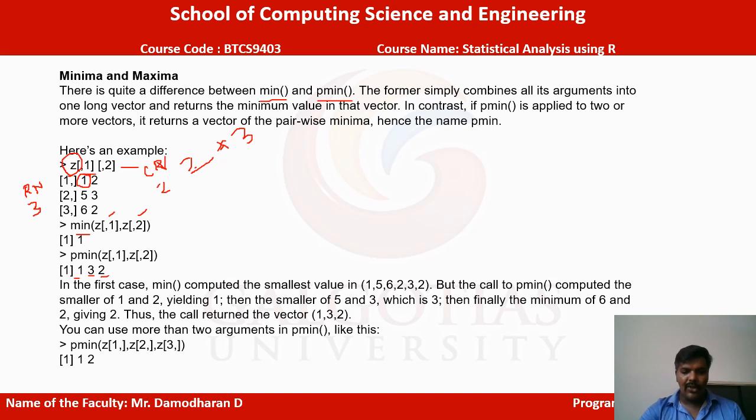Okay, so here is a brief description. The values are 1 5 6 2 3 2, and these values are loaded in this array. When we call p minimum, it computes the smallest one: 1 and 2 yield 1, and the second smallest value is 5 and 3. So first take these two values, then the second two values, then the next two values. We compare the values and get 3. Then finally the minimum of the sum, 6. Our result for p minimum is 1 comma 2.